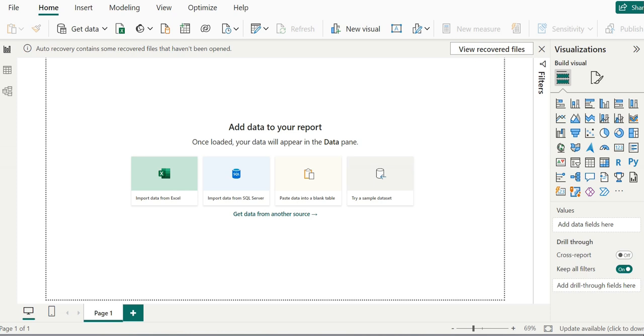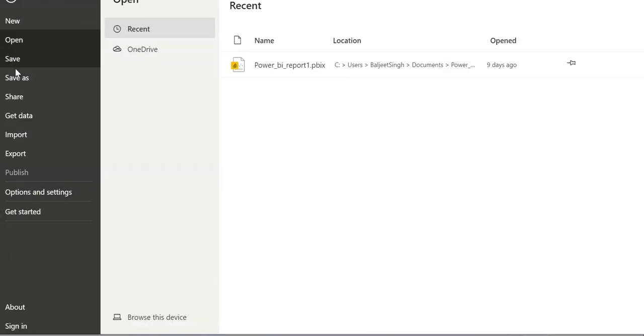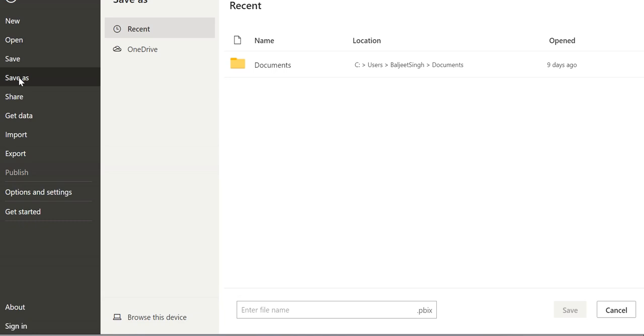So what we will do before that, we will go to File, Save As, and we will give the name creating a bar chart.